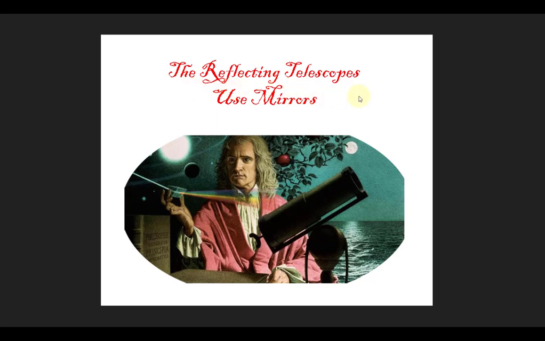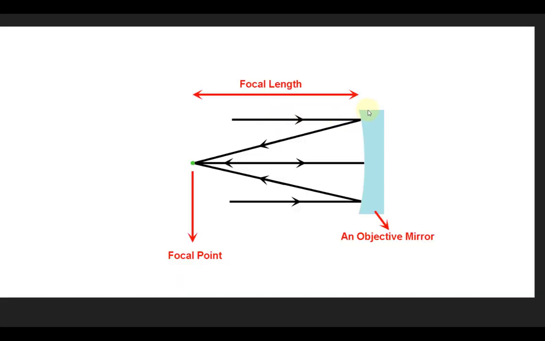Reflecting telescopes use mirrors. We call them reflecting because they reflect the light instead of refracting the light. We're looking at a mirror from the edge, and light is coming from the left side. It hits the mirror and comes to a focus point, or focal point, same as in a lens, except